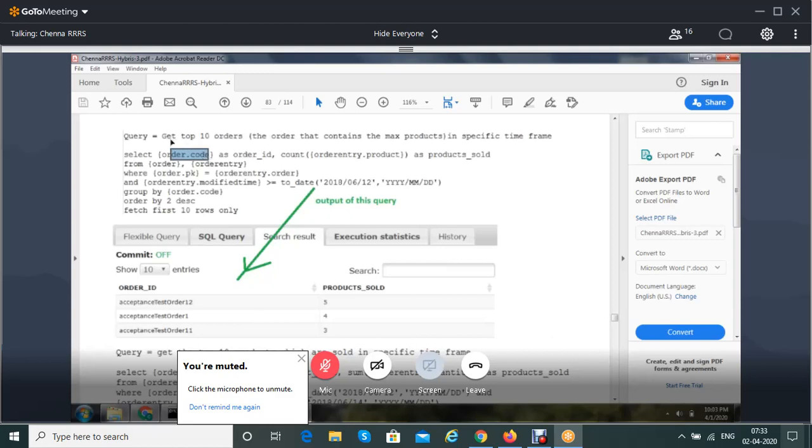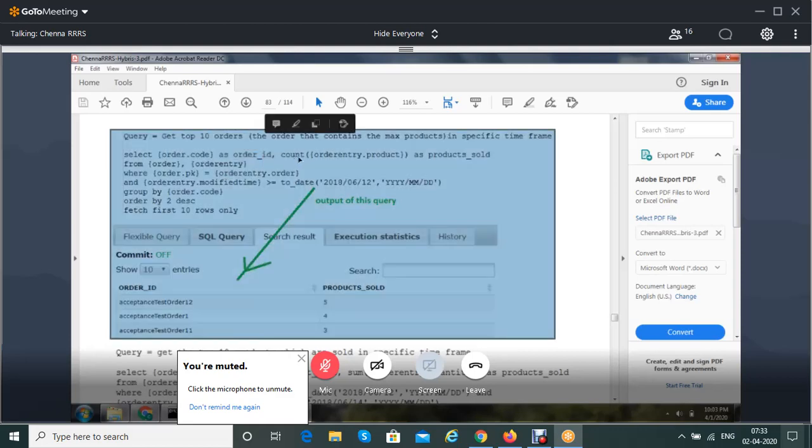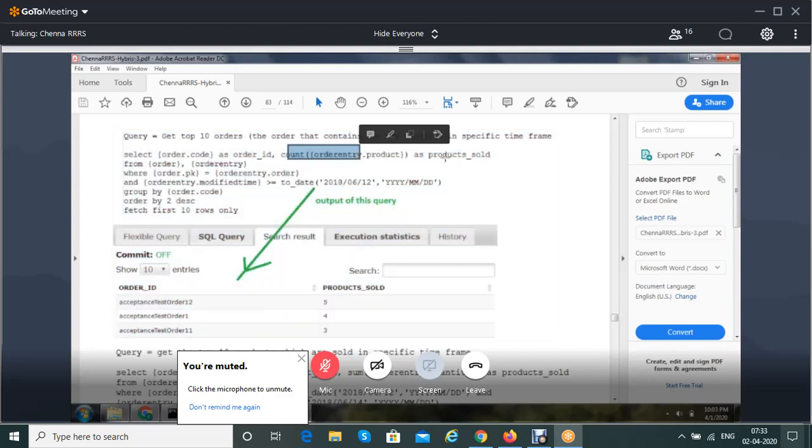Select order. So you can see, get top 10 orders in a day. There can be n number of orders, right? Get top 10 orders in a day based on what? Based on the price, based on the cart items, like that. If you want to get the top 10 orders, select order code, then order ID, and I am using the count, and product sold, from the order table and order entries table. I am matching the order table primary key with the order entry primary key.